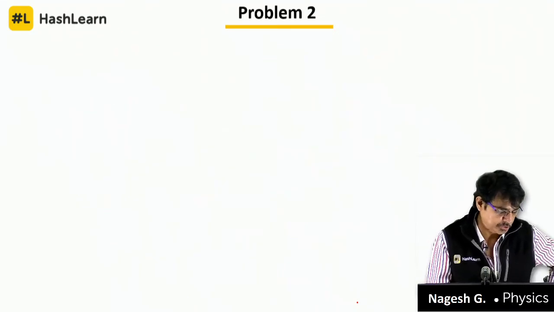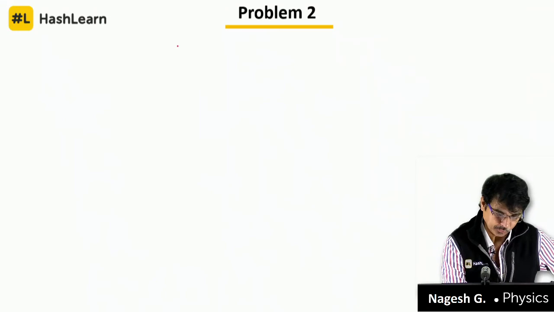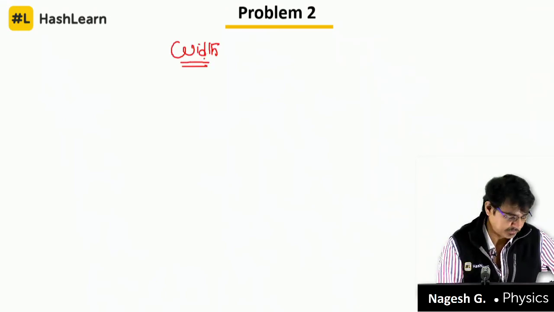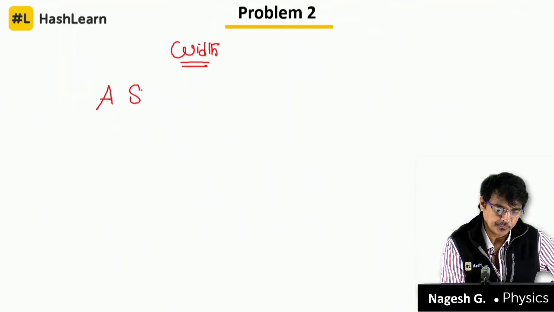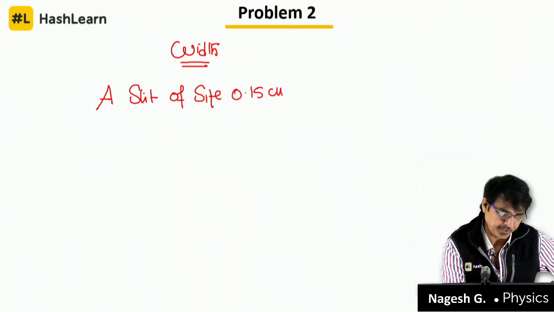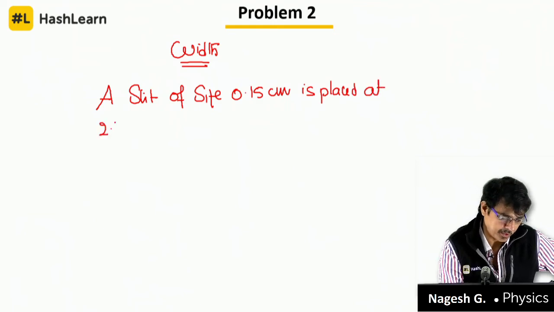In problem number 2, we are dealing with finding the width of the central bright. So this is a problem related to the width of the central bright. A slit of size 0.15 centimeter is placed at 2.1 meter